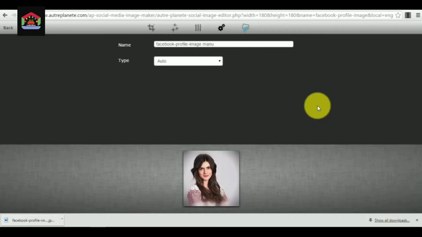So you can practically resize and enhance your images for your profiles, covers, and posts in just a couple of seconds or minutes. I hope this will be helpful for you guys. I hope that you will find this tool very useful, because you can actually create very fast, very good images for your social media accounts.